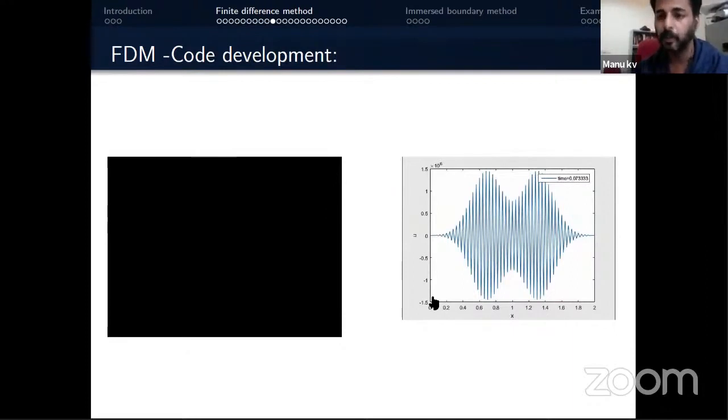Before that, let me talk about the code development which I am using. It's called the explicit method. It is not that stable a method. There are methods to avoid this kind of instability or numerical blowing. If we use different schemes like the implicit scheme or other schemes, we can avoid this kind of instability issue, but computationally it is more expensive.